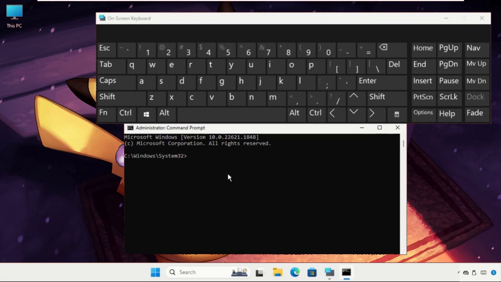That command will be dism.exe space /online space /cleanup-image space /restorehealth. You just have to copy that command from the description below and right click on the blank area